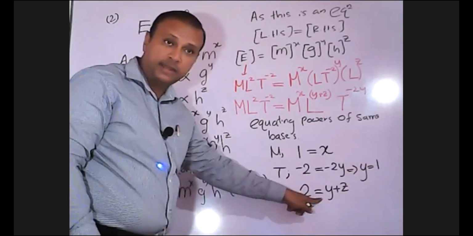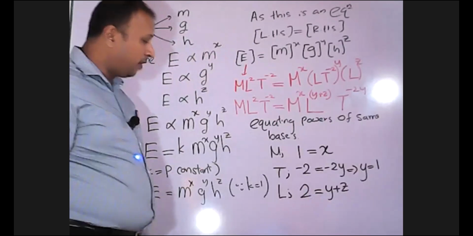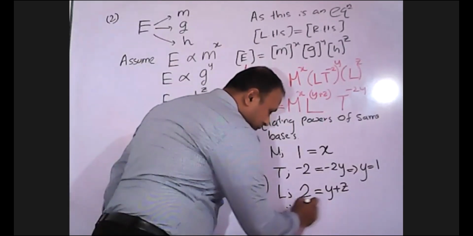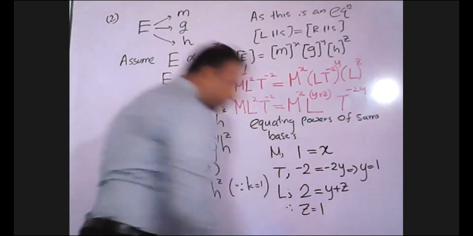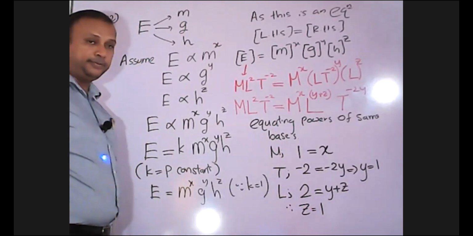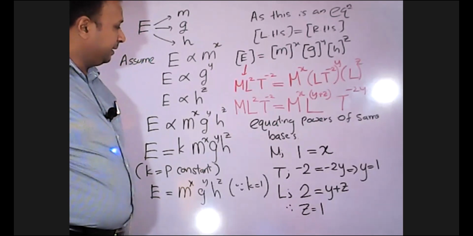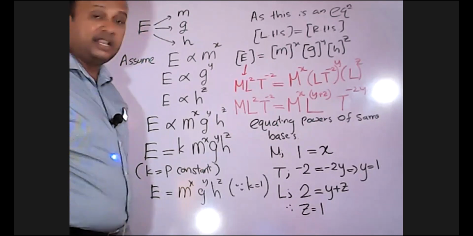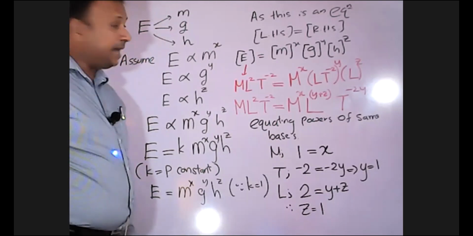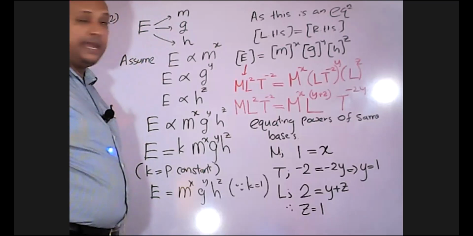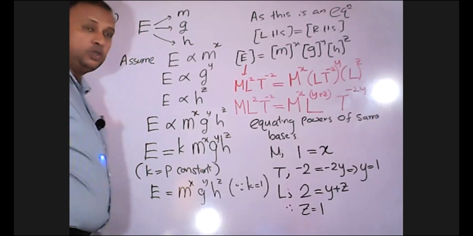Y is equal to 1. If y is equal to 1, z is equal to 1, no? So I have calculated x, y, and z. X, y, and z all are equal to 1. K also is equal to 1. So my final